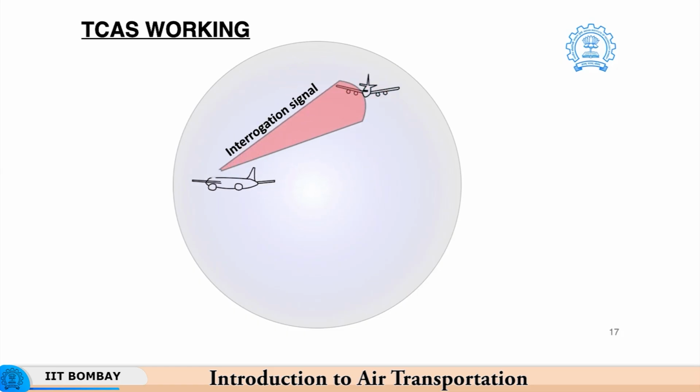Based on this, an interrogation signal will be sent from the TCAS to the intruder aircraft. In response to this interrogation signal, a response signal will be sent back to the observing aircraft. Based on the time difference between the transmission and the receipt of these two signals, the overall distance between the two aircraft can be obtained. Moreover, there are other systems included in the TCAS computers